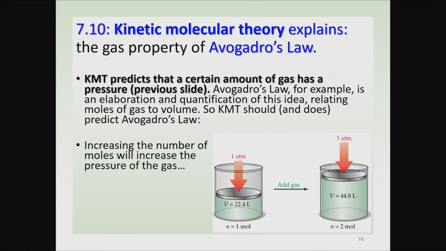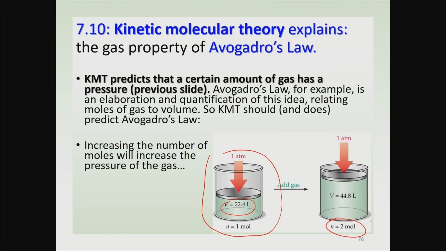So we can extend that a little bit more by predicting that if we increase the number of moles of a gas, and we want to keep that gas at the same pressure, we're going to have to also increase the volume of the gas. And so we have an example of that here. We have a certain amount of gas with a certain number of moles. Here it looks like 1 mole, and this 1 mole of gas will have a certain pressure and occupies a certain volume here. Now, if you were to add more gas to it so that we have 2 moles,